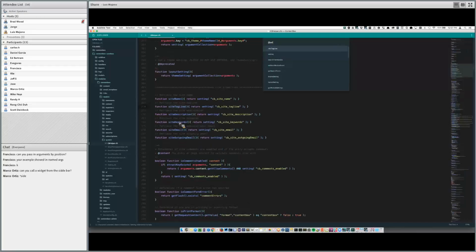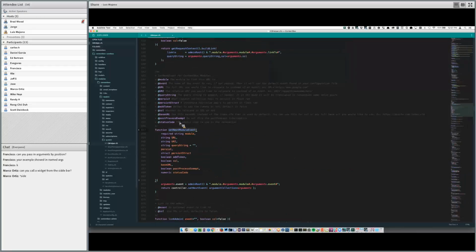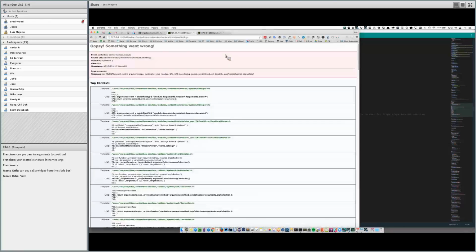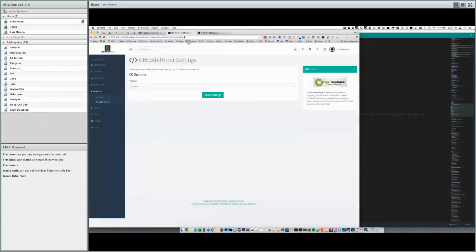And there it is, code mirror, which is the name of my module, home.savesettings, which is home save settings. And then I save all my settings, and then I relocate. And then I can relocate using the prefix or the shortcut method called setNextModuleEvent. Right? Once I do that, then I can save my settings correctly, and it blows up, of course.